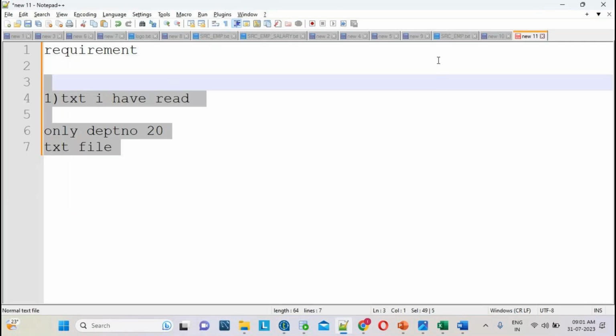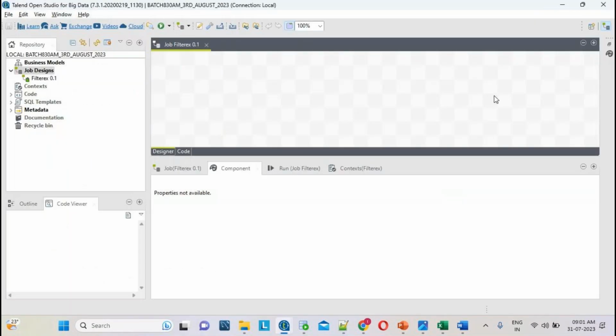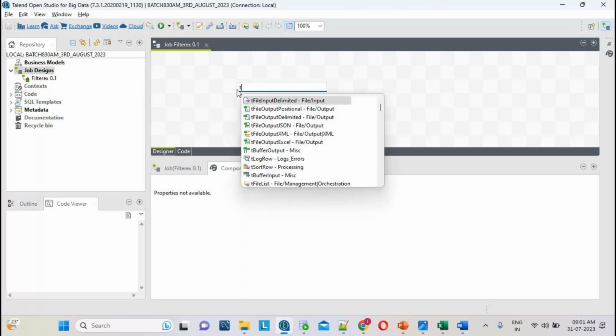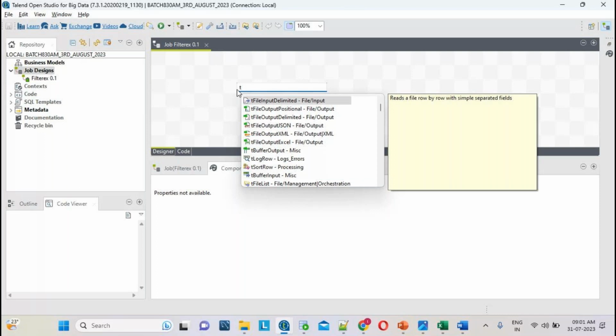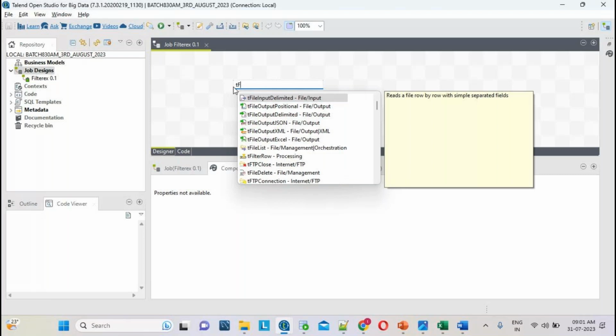What do I have to take for reading? tFileInputDelimited, right? There are multiple ways to take it, but let me go for the easiest way first. Then I will explain all the ways in the regular classes. Keep the cursor here and type tFileInputDelimited. Let me take it.